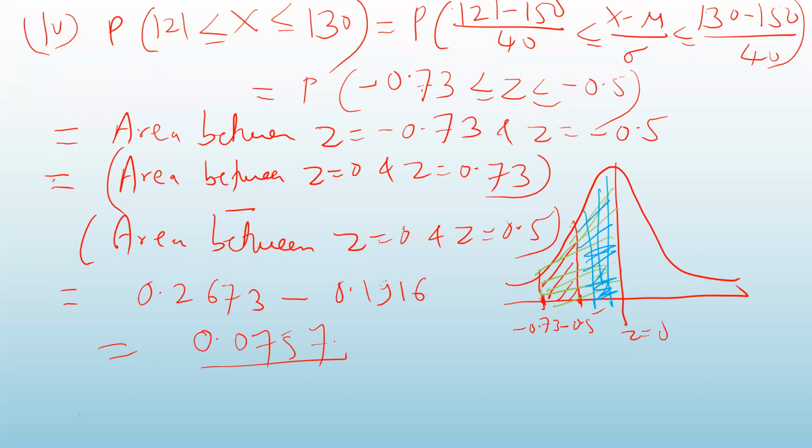Correct. Okay. So I have taken all possible type of problems. Only thing is that you should be able to locate which area we want. Either you will have to add 0.5 or you will have to subtract or this way. So I think enough problems I have taken. One small problem I would like to give you for the homework. So you may do that problem at home.